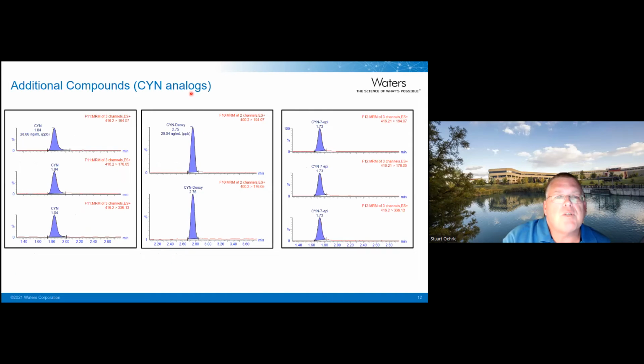There are some additional compounds you can look at here. This was looking at additional cylindrospermopsin analogs. So this is cylindrospermopsin, this is deoxycylindrospermopsin, and 7-epicylindrospermopsin. Once again, multiple fragment ions. Some only give 2, some give 3. The other neat thing is you can look at the ratio of these because these are standards and they fragment consistently. If the ratio of these is the same between your standard and a sample, within say 20% of each other, that's considered a good way to know that you have confirmatory ions as well. It's typically done a lot in drug analysis, so we're using the same principle here of doing ion ratioing, it's called.